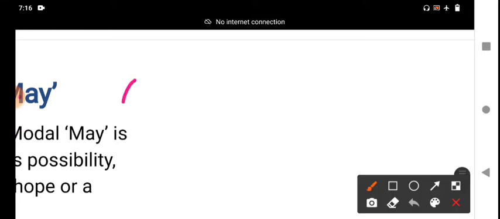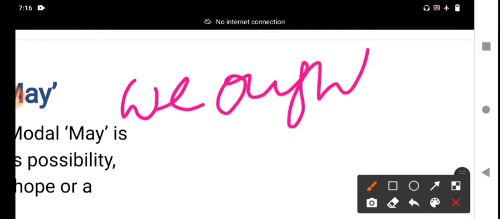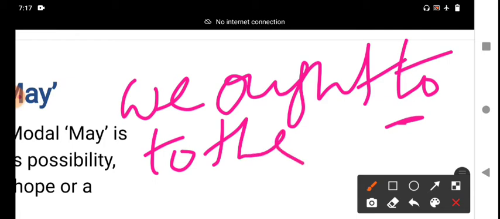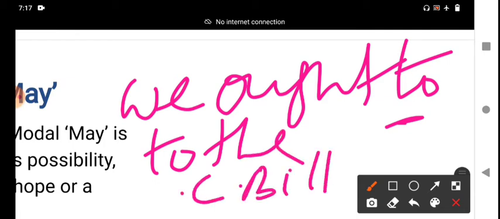For example, we use ought to. It is one of the modal verbs. Ought takes to, which is a preposition. We ought to pay the electricity bill, the current bill. We ought to pay, this is our duty. It is an obligation. We ought to pay